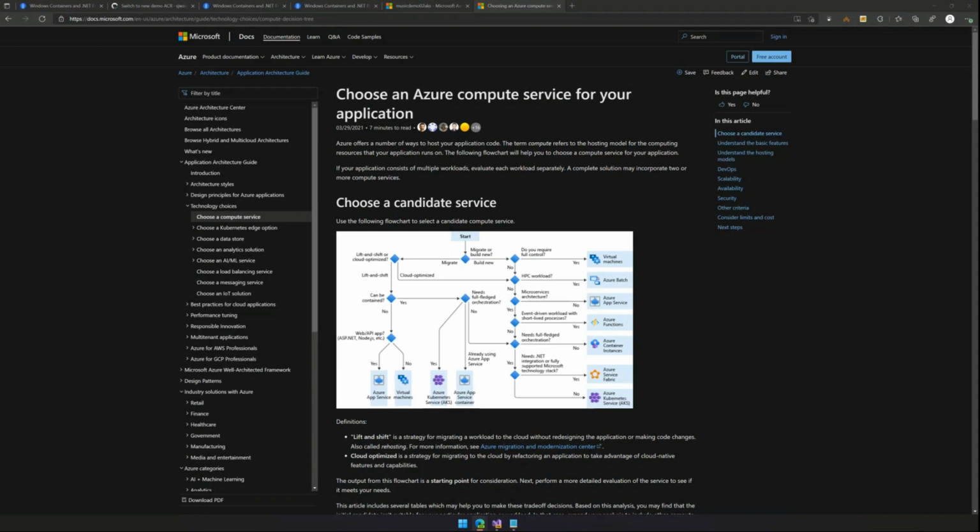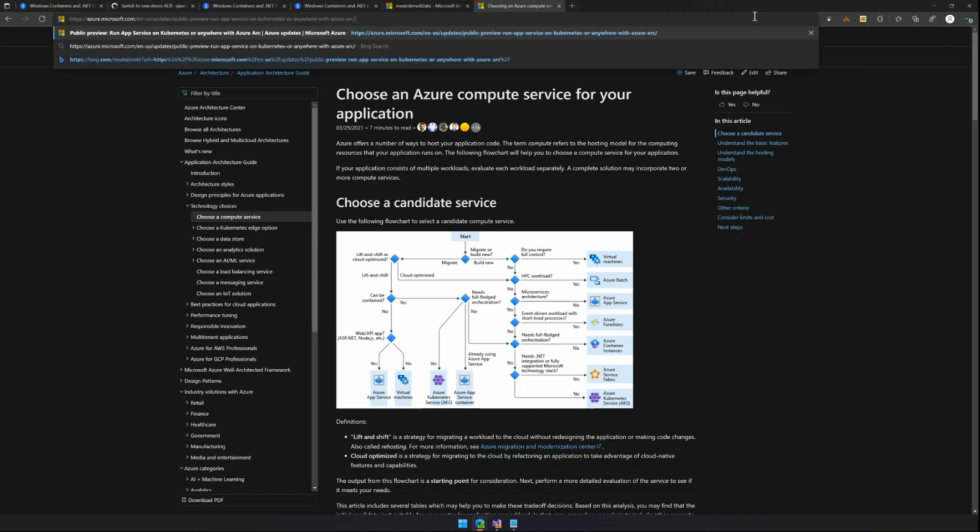I'll just see if I can find a proper link to a Microsoft site and not some third-party blog that may or may not have all the information on it. So this is the announcement.